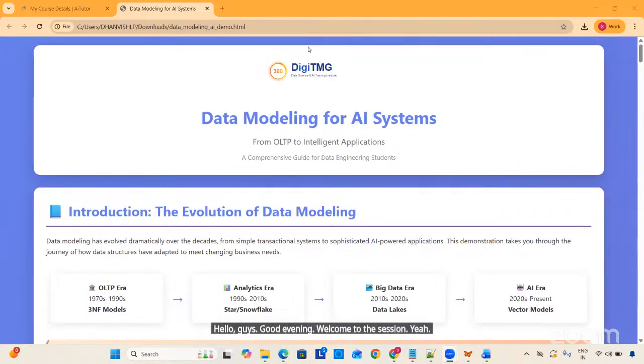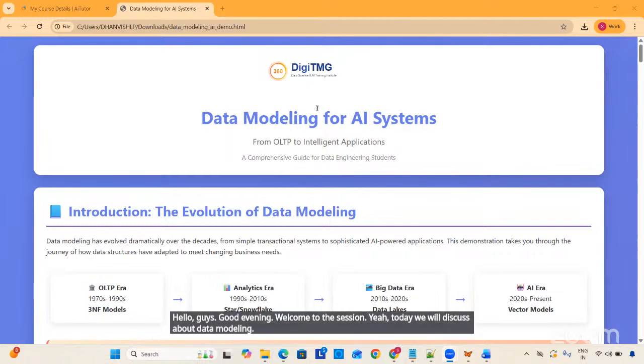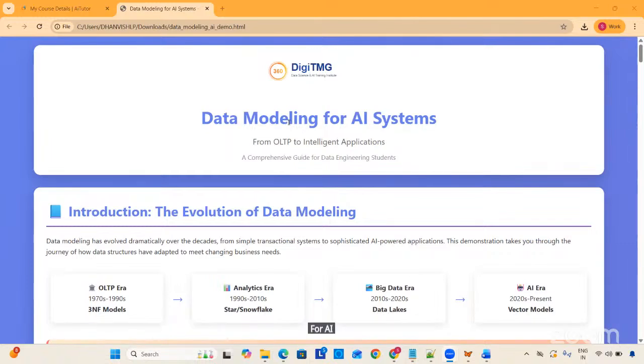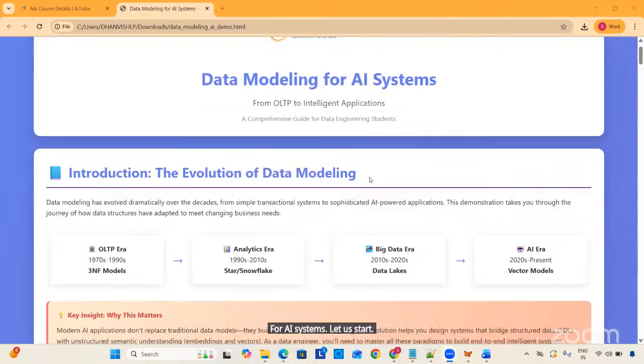Today we will discuss data modeling for AI systems. Let us start. Data modeling for AI, artificial intelligence. Before understanding this, first of all, we should talk about data modeling. Data modeling is nothing but organizing the data according to the end application or end users' usage and